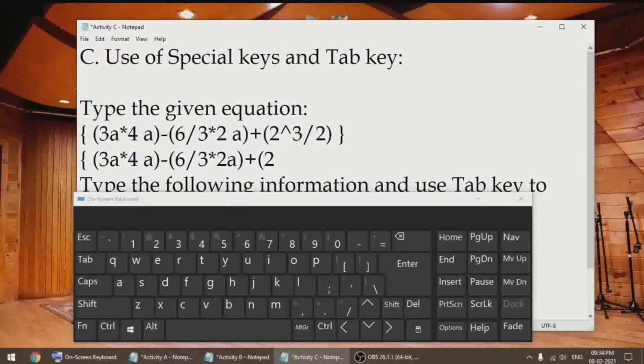2. Now this symbol is known as raised 2. I won't explain the meaning to you because it is not important for us right now. 2, shift and the number 6. 3 divide by 2. Again close the bracket, space bar. Again press the shift key and this key. So it is very easy to know how to use the special characters. You have to do them by using the shift key.